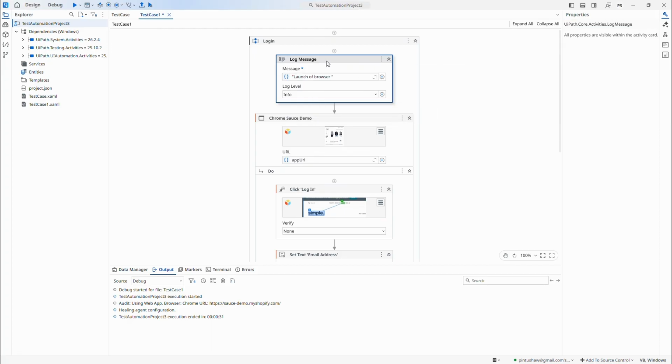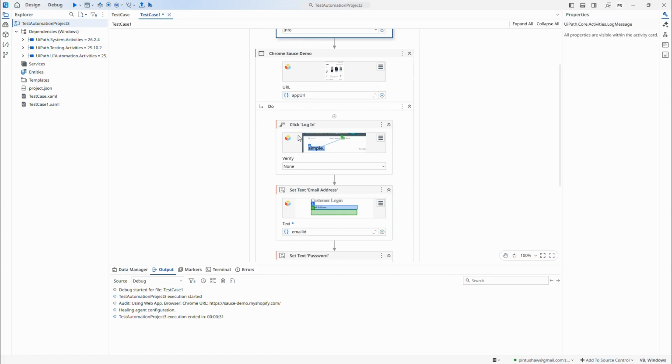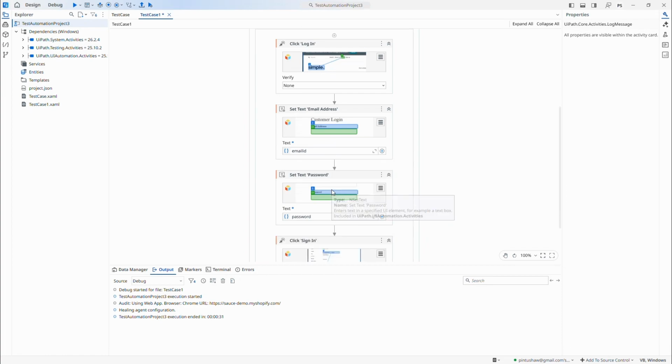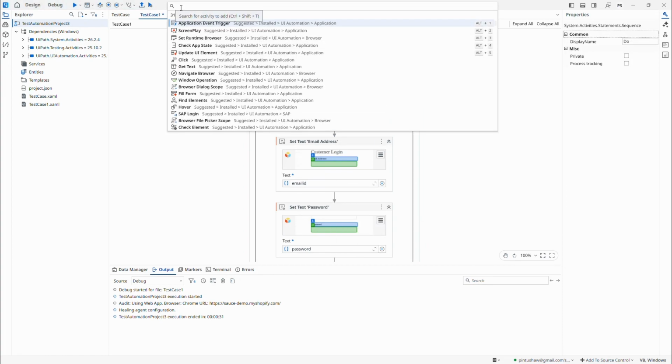So I've just added one message as launch a browser. Then over here, click login, enter details and submit. So now here I will add another message,